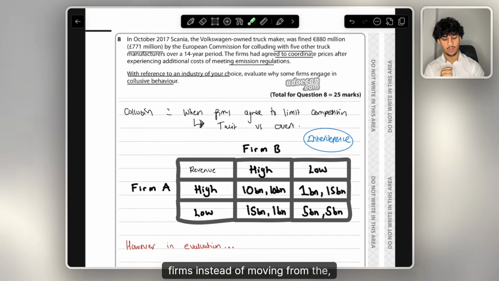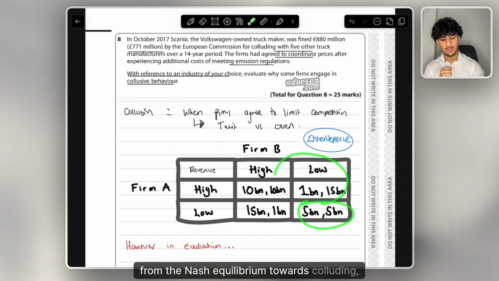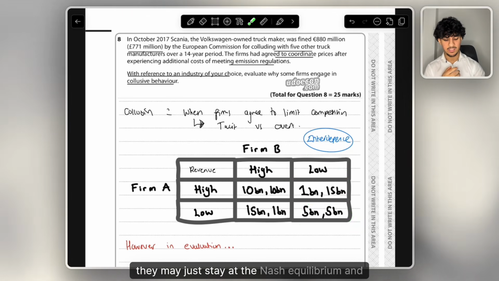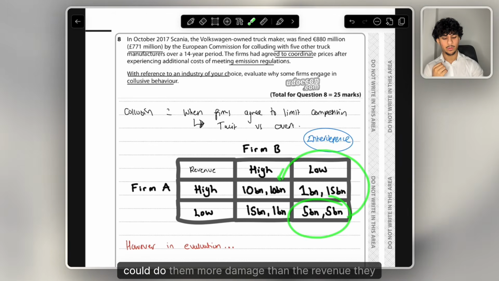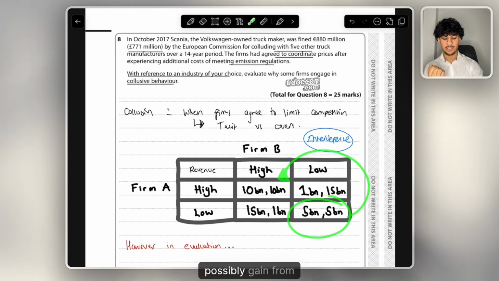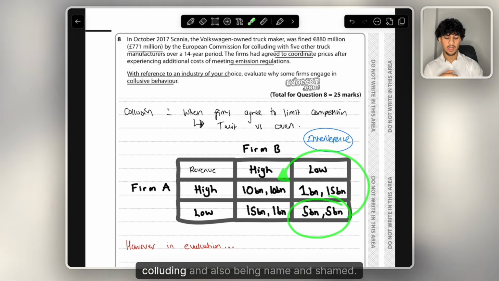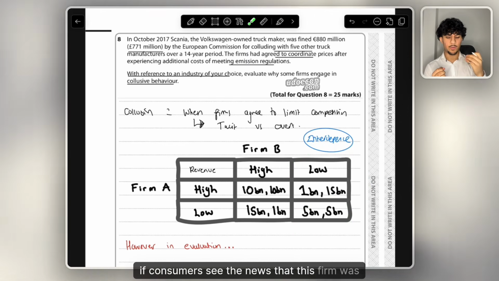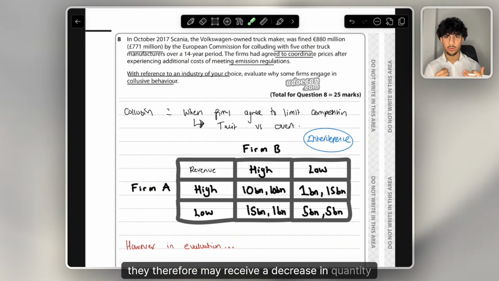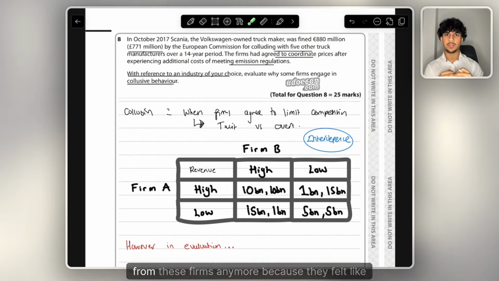Instead of moving from the Nash equilibrium towards colluding, they may just stay at the Nash equilibrium and therefore not collude. For example, the fine they gain from the CMA could do them more damage than the revenue they possibly gain from colluding, and also being named and shamed. For example, if consumers see in the news that this firm was colluding and exploiting consumers,